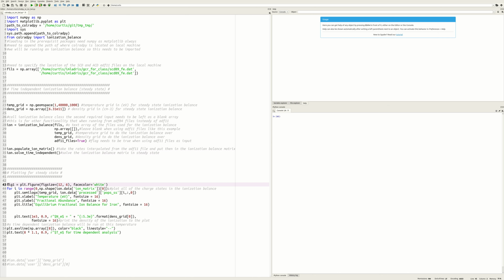So what we're going to do is just plot it. We're going to create a figure, and then we are going to plot all the different charge states. And you'll remember in the ion matrix itself, it is dimensioned charge state number by charge state number by temperature by density. So if we just grab the first one, that will give us the number of charge states for us to plot over. So we're going to plot here with the temperature grid